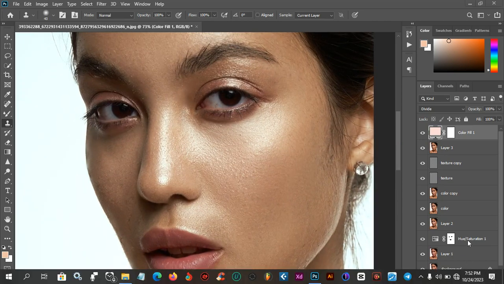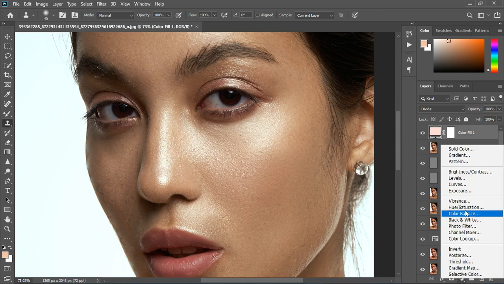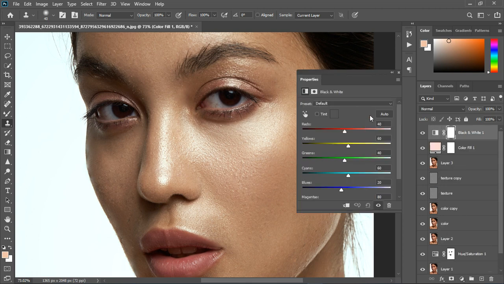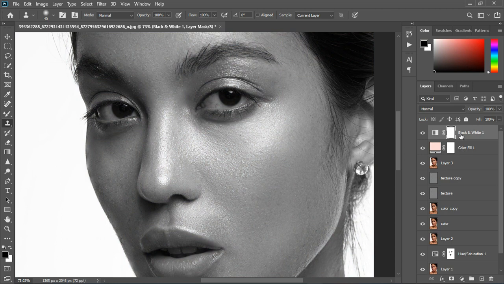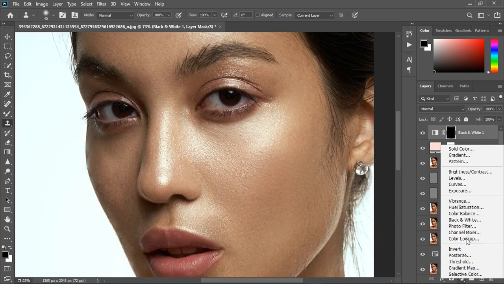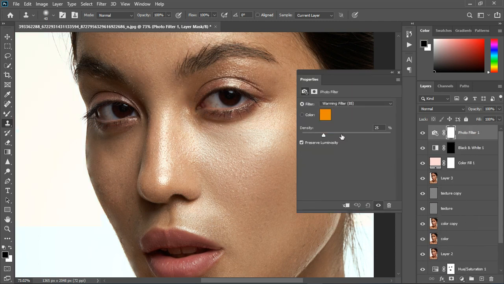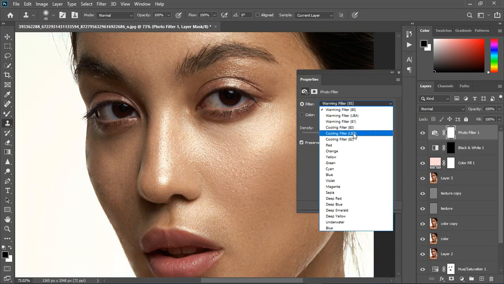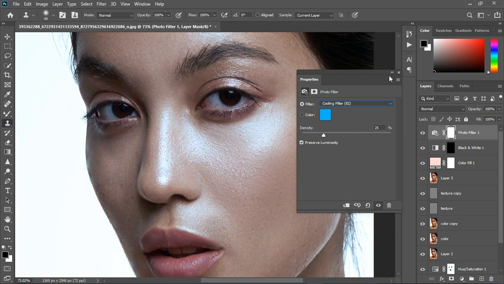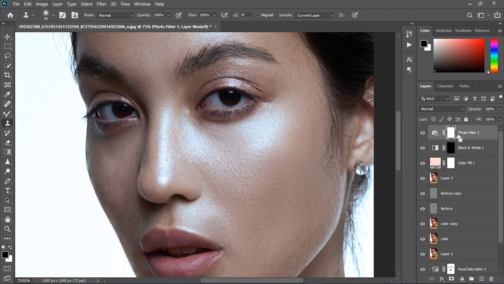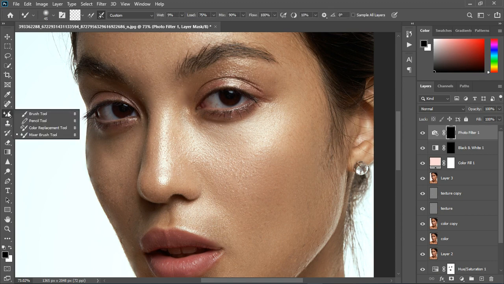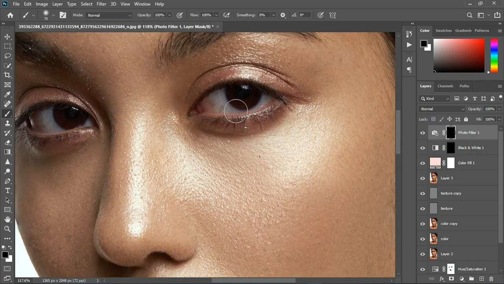Sorry, grab the black and white adjustment layer. I'm going to hit Ctrl I to invert. I'm also going to grab the photo filter. So this is just to make the eyes white, and I'm going to use the warming filter, white one, and Ctrl I. Okay, so grab the normal brush, and then you're going to paint and hit white. Make sure the foreground color is white, and paint on the,